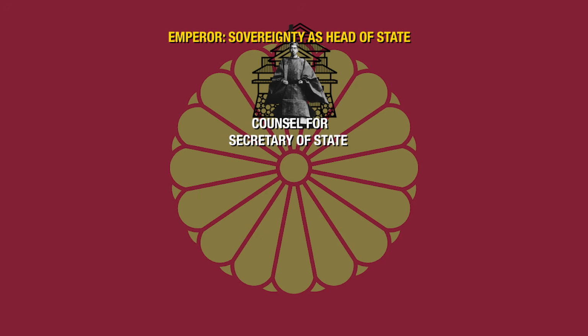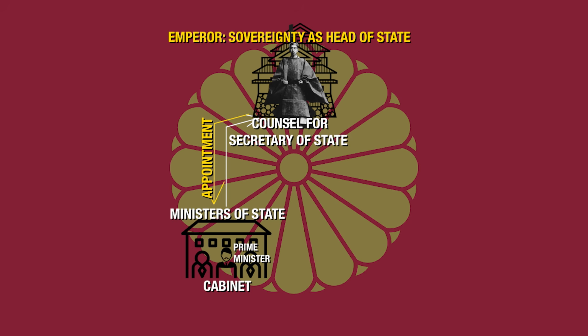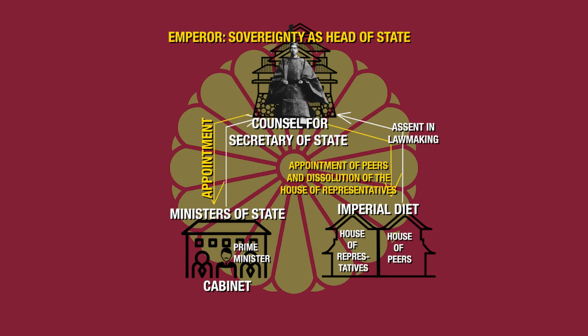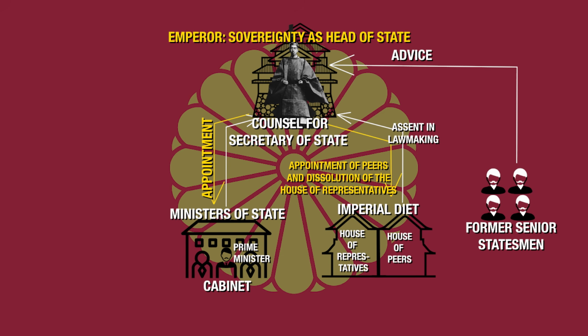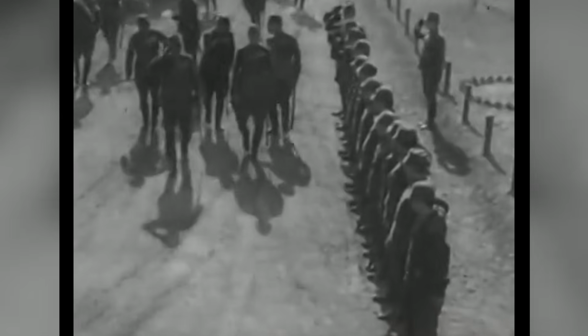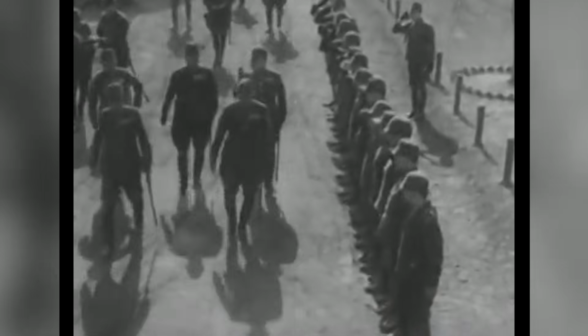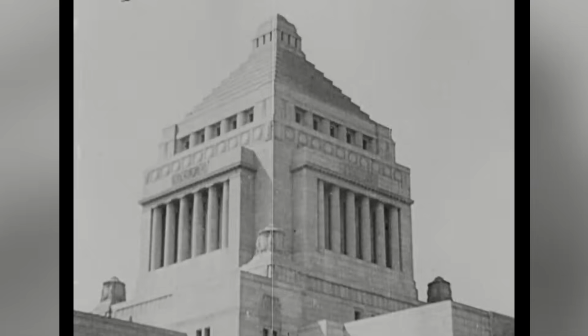The cabinet, the executive, is not responsible to the legislative diet, but to the emperor, and it is he who appoints the prime minister. He is advised in this by the Privy Seal keeper and a conference of former prime ministers, among others. The cabinet has become ever more of an assertive force, and it deals with things like foreign policy and finance, and there's a home ministry for domestic issues. But though there are army and navy ministers, the cabinet is weak with respect to the military. It does not control them.